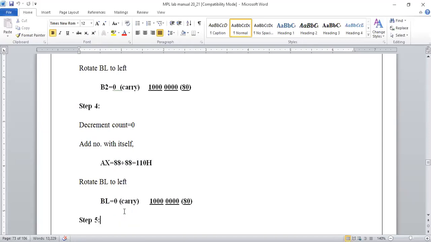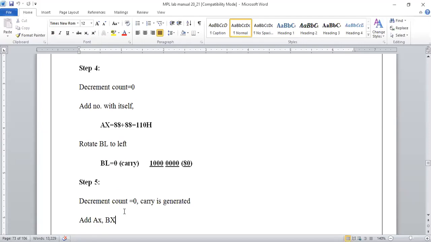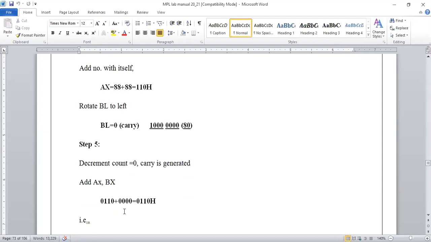Now in this case, when you make a shift, we are able to generate a carry. Carry means this one bit will be added as a part of the carry. So in that case, we have to add that number, whatever we have got, with BX. BX means what? It is the content of the input which you have given, right?